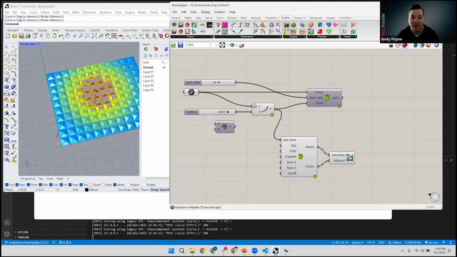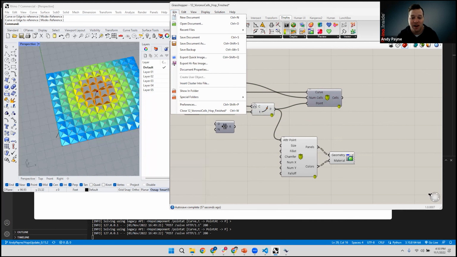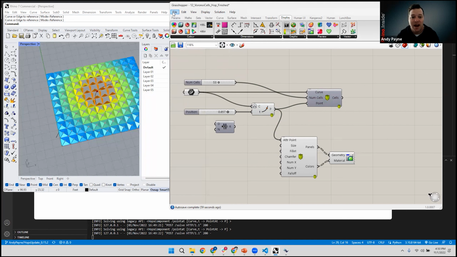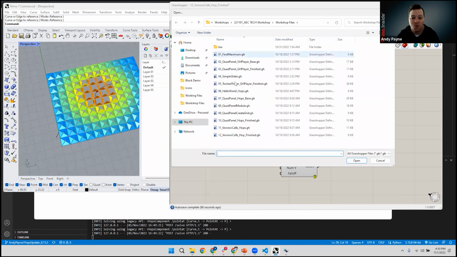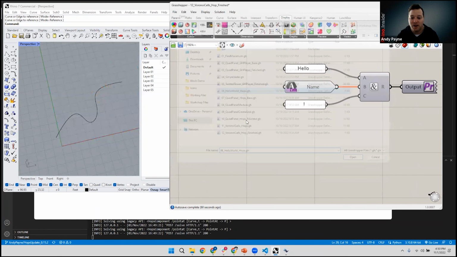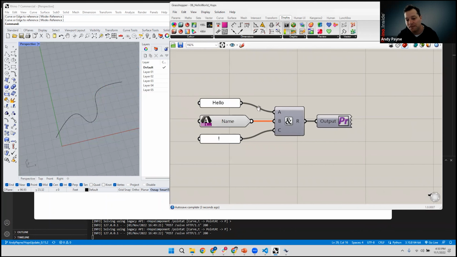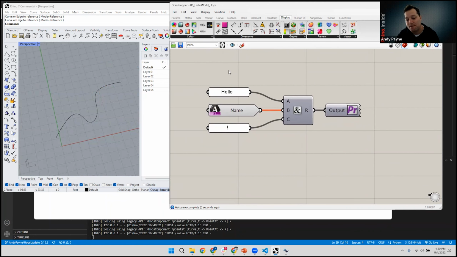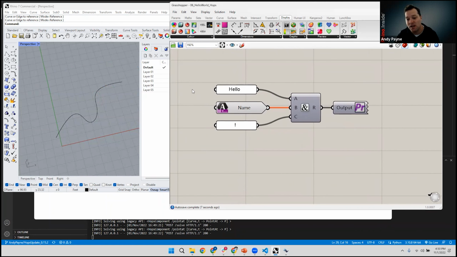I forgot one very important thing when I was talking. I wanted to cover two other things. I'm going to go back and open that Hello World example. It's number 6. So this is that very first one we talked about. And this is one that